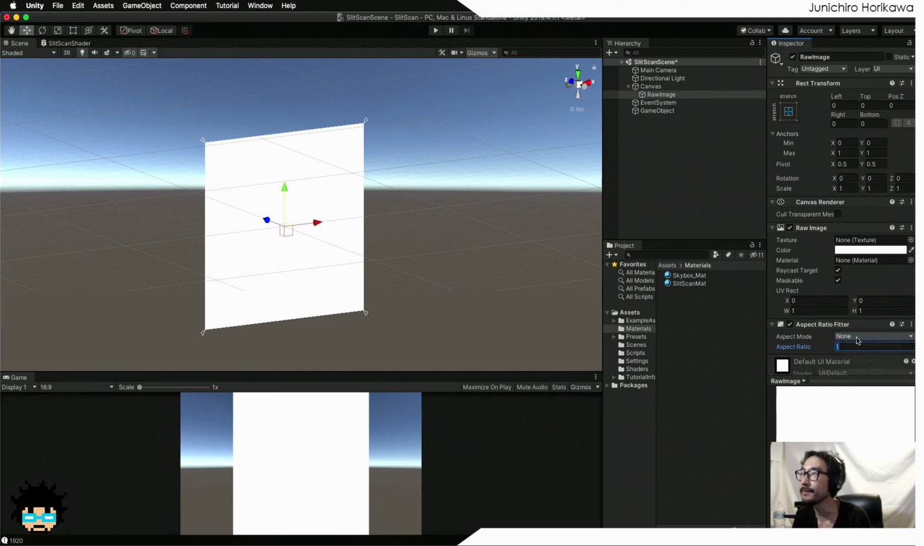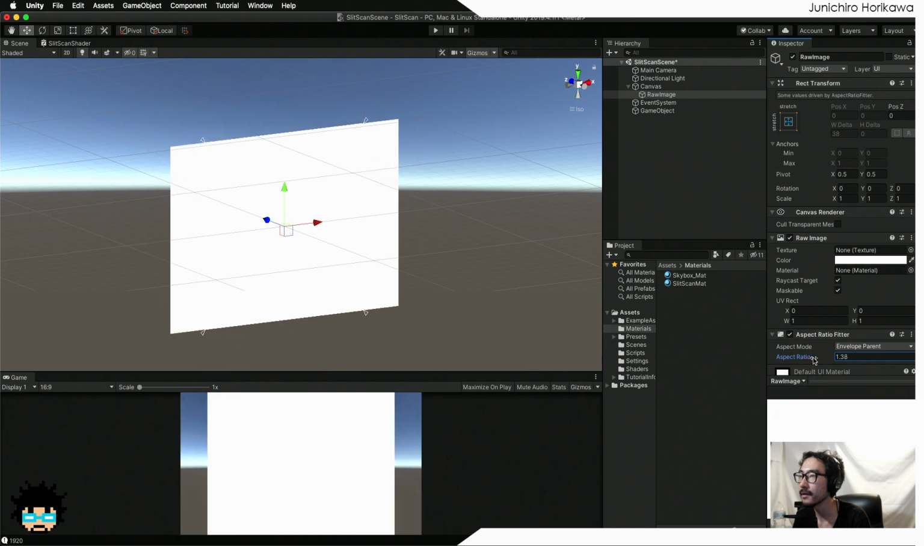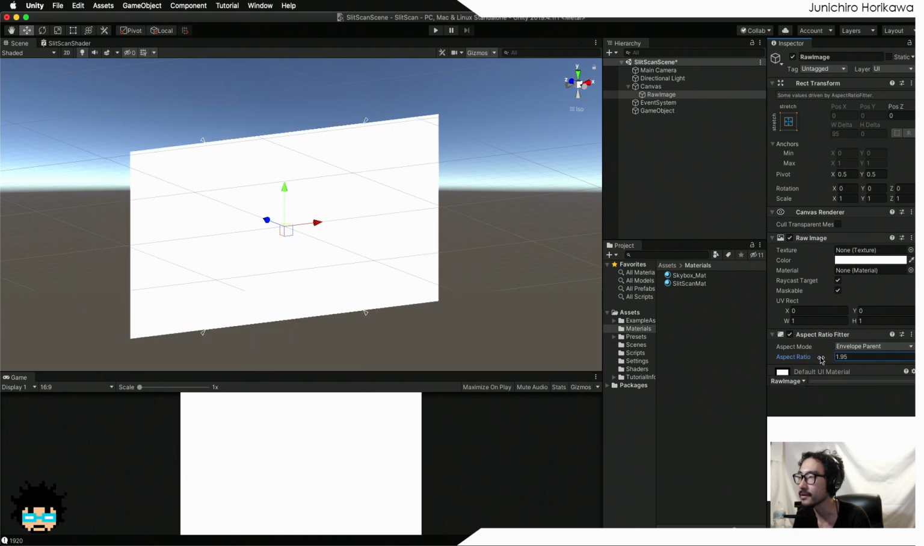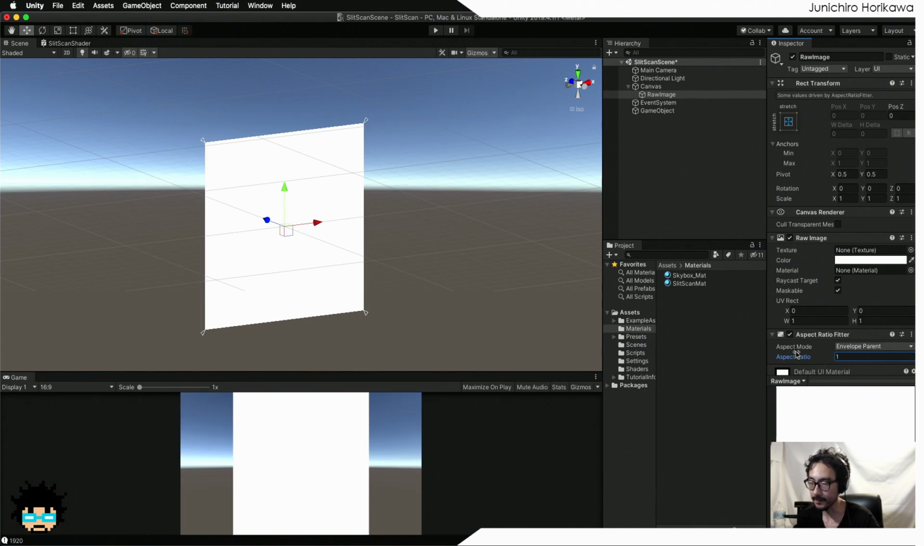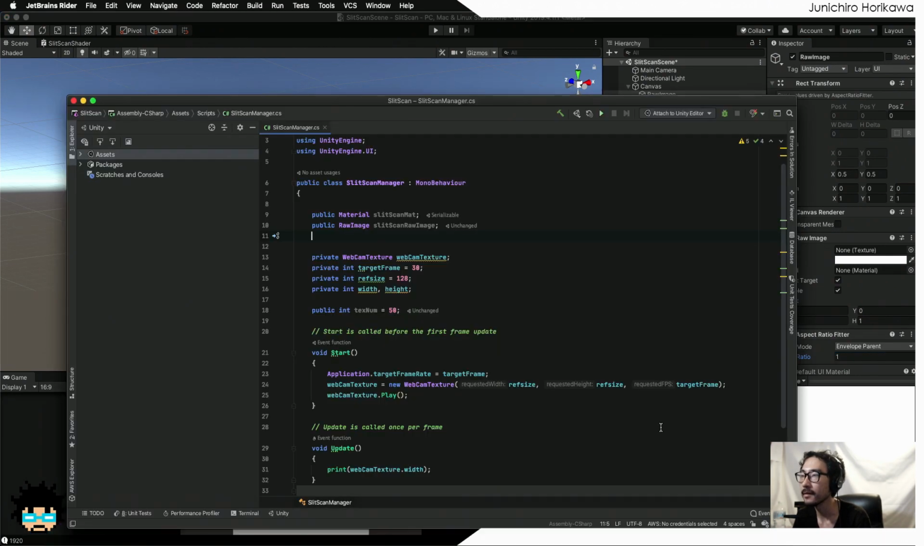Maybe set the aspect ratio value to say envelope parent, and change the aspect ratio, and you can change the size either on the height direction or width direction based on the image information, the webcam texture information that you get. Alright, now let's open up the code again,